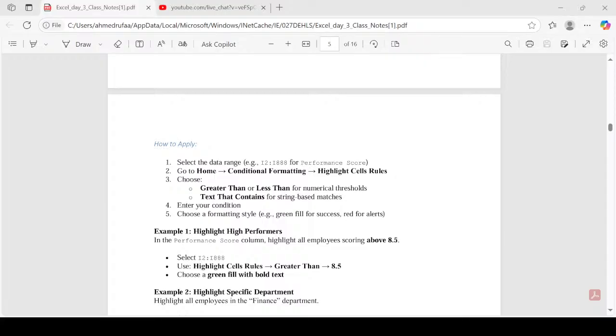First you select a column. Let's go to Conditional Formatting and Highlight Cells Rules. This one is for text, because finance is text. But if you are talking about numerics such as monthly salary, we are going to use this. Text that contains,